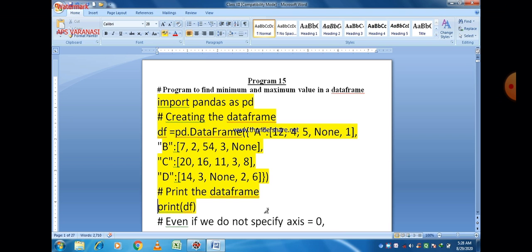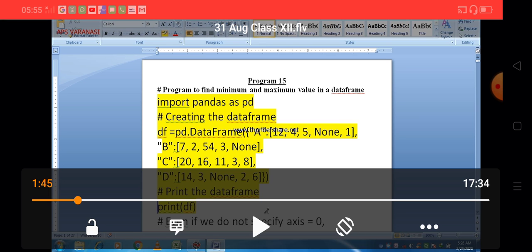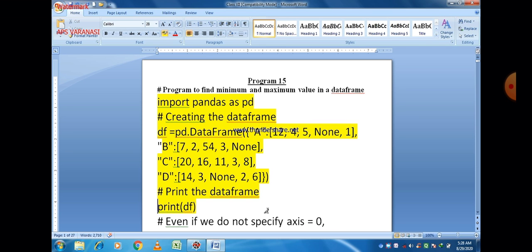So this is a data frame df, equal to pd.DataFrame. The data frame is created using a dictionary, in which a, b, c, d are the names of the keys, and the values along these keys are, for example, along a: 12, 4, 5, None and 1. None means there is no value at all.